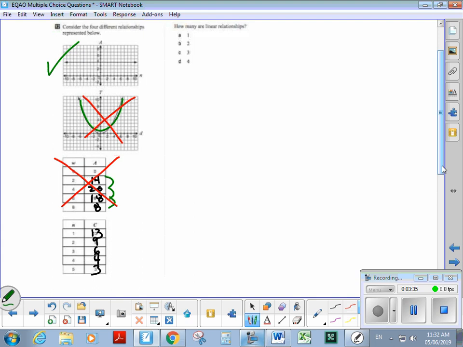And the third one, 13 to 9. So that means it went down 4. 9 to 6, it went down 3. Right there, it's not going down at a constant rate. So the answer here, there is only one that is a linear relationship. Okay. Next,